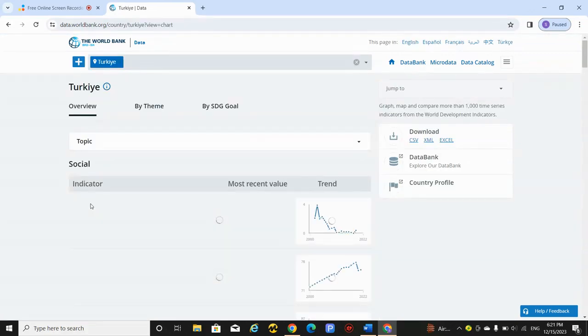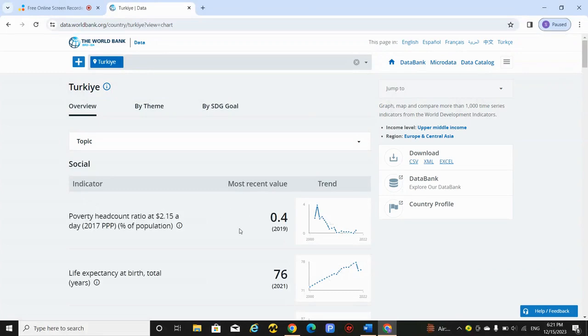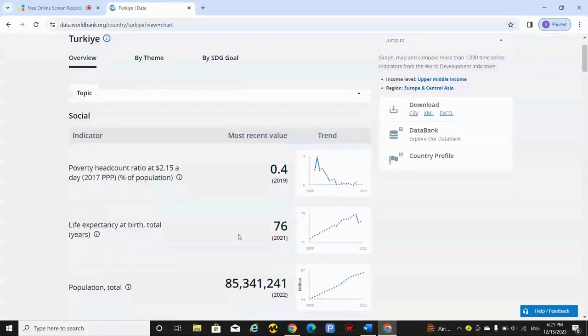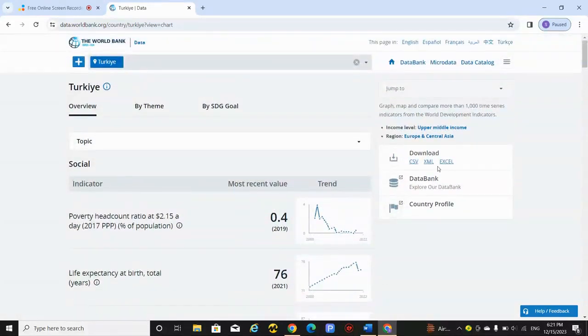Here you can see every data with a certain graph. And on the right side of the screen, you can see three types of file. We need the Excel one, and just one click is enough, and the downloading process begins. So I downloaded the data from World Bank, and